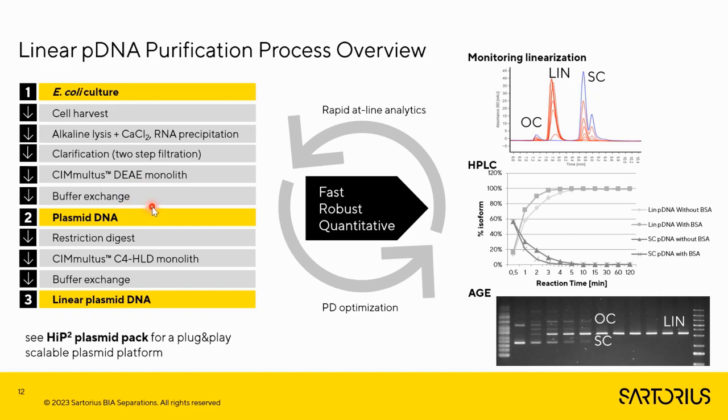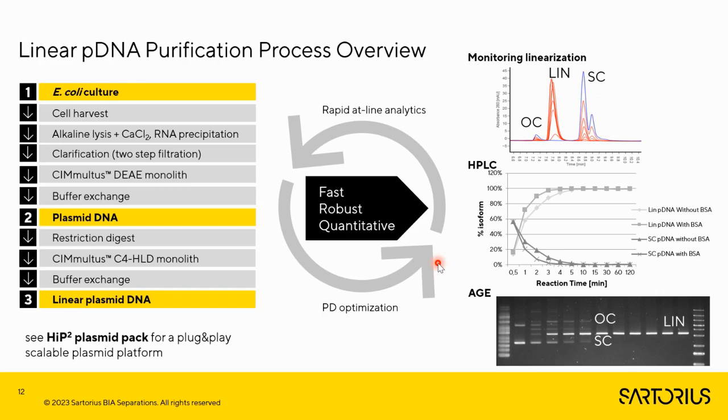I added in there a C4 HLD, so HIC step. I mentioned it from the perspective of producing supercoiled plasmid. It can also be used then to purify out linearized plasmid in much the same way. And I can do that rapidly, and I can iterate through optimizations fast if my analytics can support me with